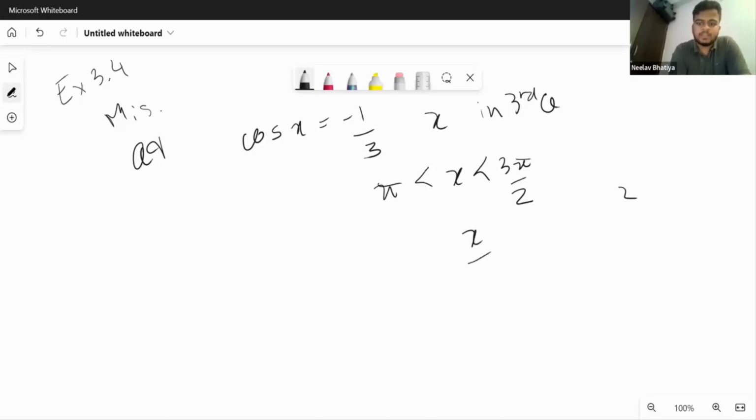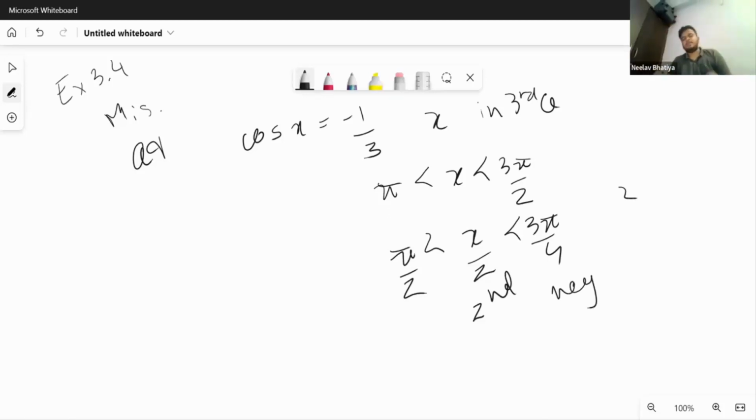So x by 2 is less than 3 pi by 4 but greater than pi by 2. So x by 2 is in the second quadrant. Answer is going to be negative, correct? Because cos is negative in the second quadrant as well. So we know that